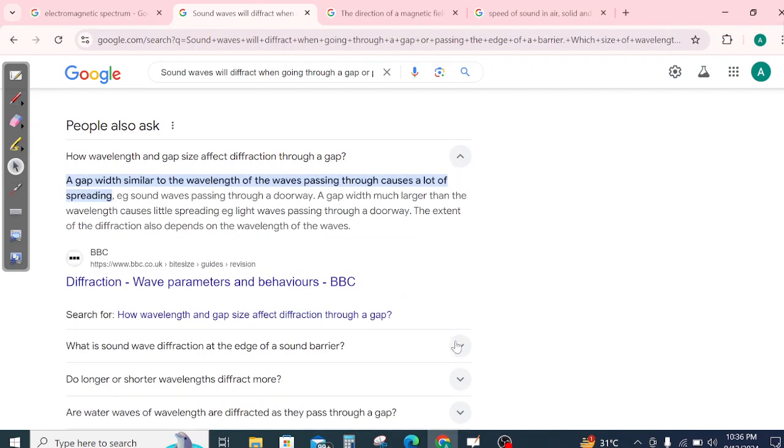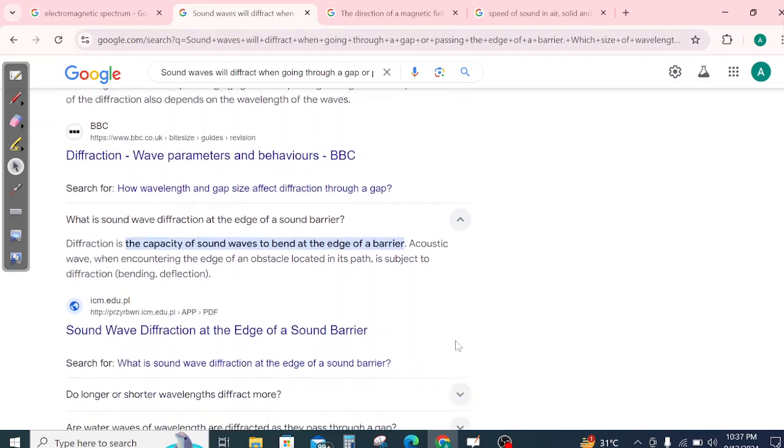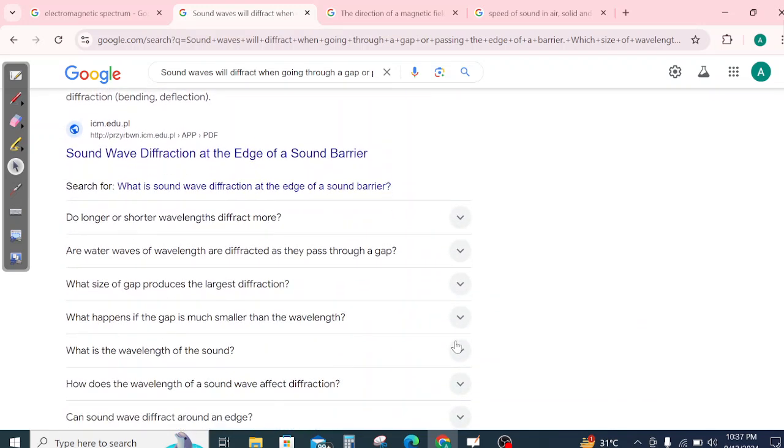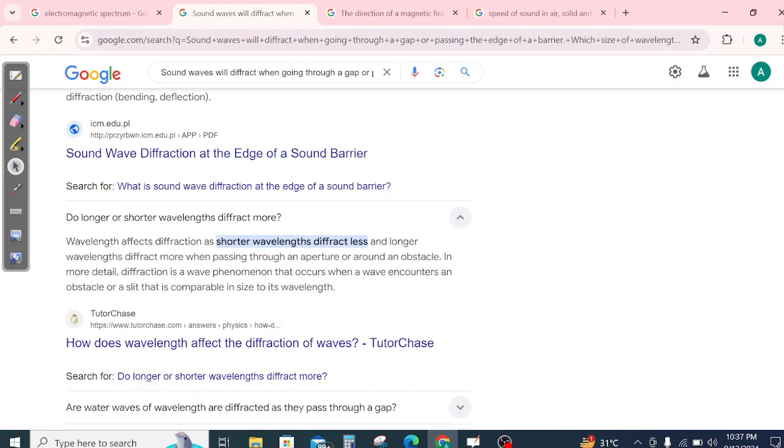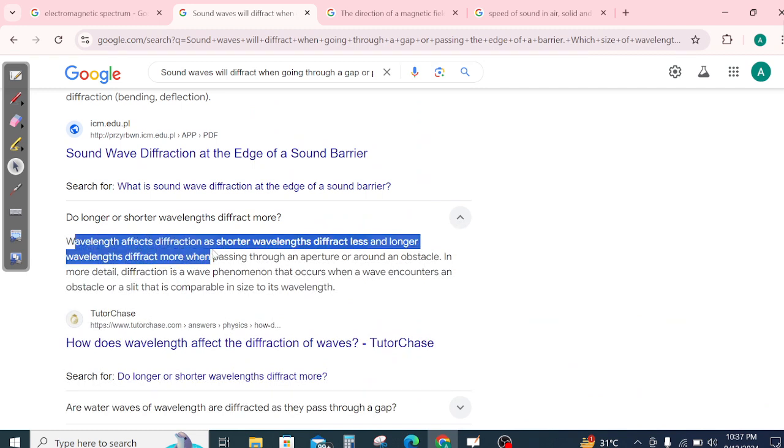I have also found it. Yes, this is your question. Wavelength affects diffraction as shorter wavelengths diffract less and longer wavelengths diffract more when passing through an